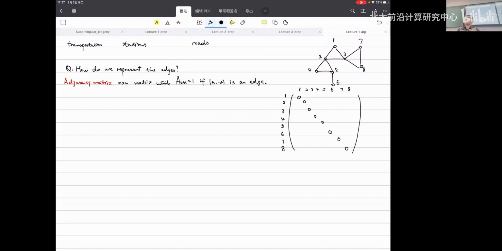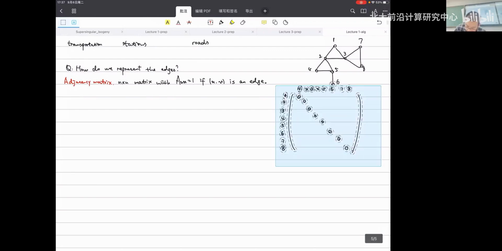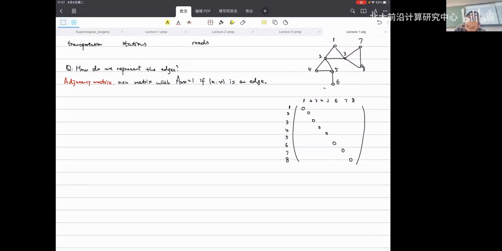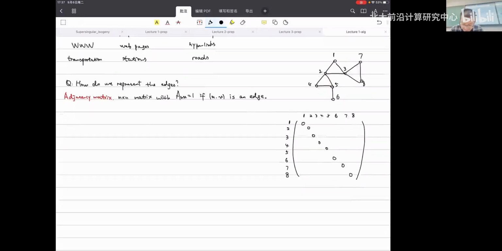Because in this graph, we really don't have self loops. I mean, there is not an edge between 1 and 1. There are no loops on that. Or maybe let me actually move this a little bit down here to give a better view. Yes. So the first thing is basically, of course, on the diagonal, we are going to have all 0 entries. And after that, we just place all the edges correspondingly.